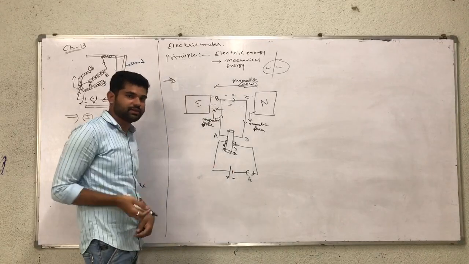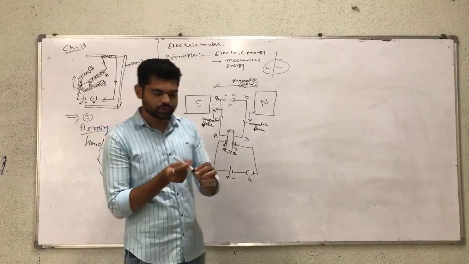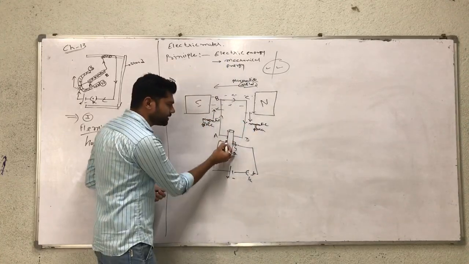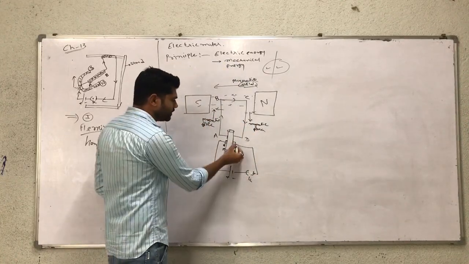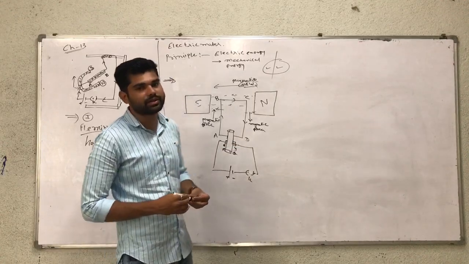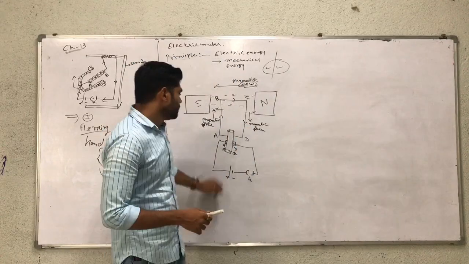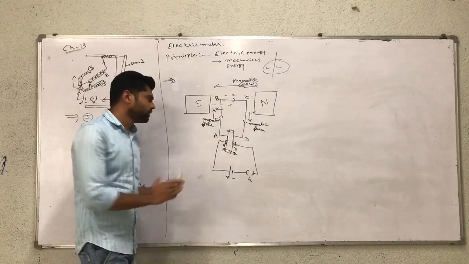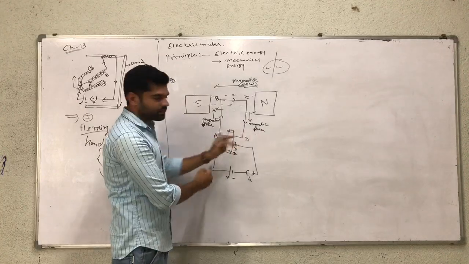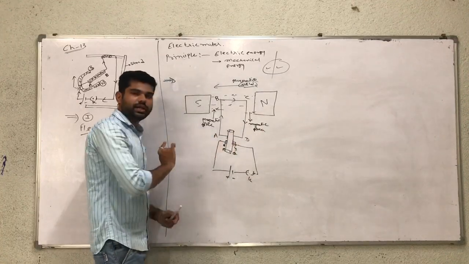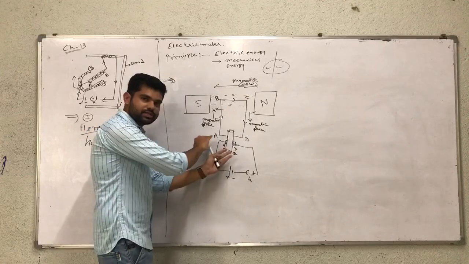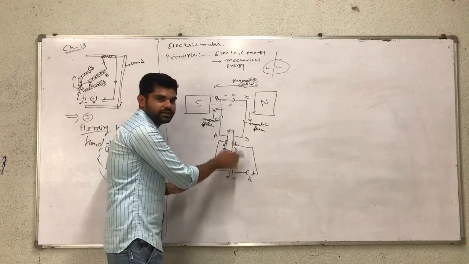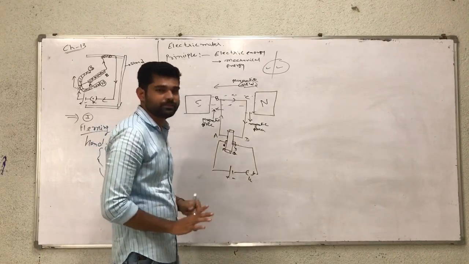It has a right hand side and a left hand side. It turns around, and the brush is a connection of wire to the split ring. So the brush is fixed. X and Y, carbon can be used as a brush, and X and Y are connected with this split ring. So after half a rotation, the positive part is converted into the negative part. The split ring is moving, so P is converted to Q. Here X and Y are fixed stationary brushes.